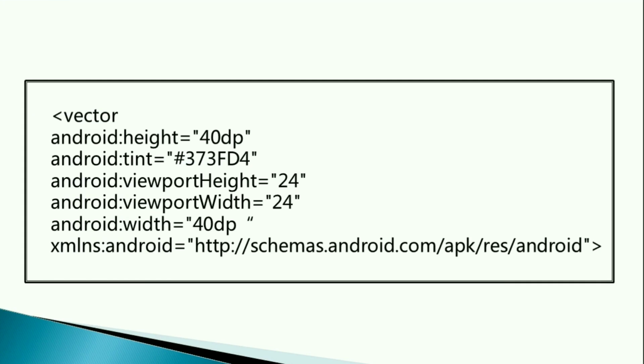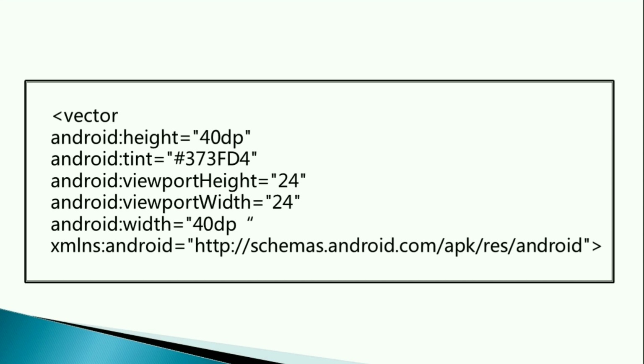We have declared vector element as root element. This element is used to define a vector drawable. A vector drawable is a vector graphic defined as a set of points, lines, and curves along with its associated color information. The major advantage of using a vector drawable is image scalability. It can be scaled without loss of display quality. It means the same file is resized for different screen densities without loss of image quality.